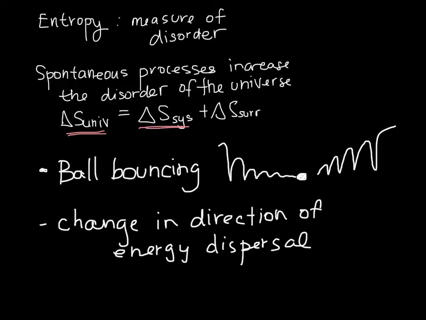And just as in the example with the ball, we see that the reverse processes don't happen because energy doesn't become localized and initiate a process. So we know that a state which has a certain amount of energy that's dispersed